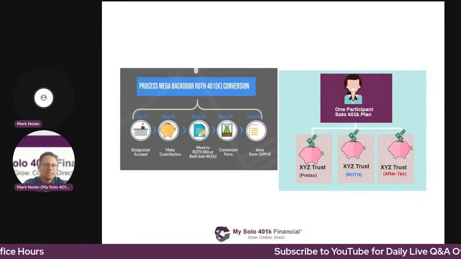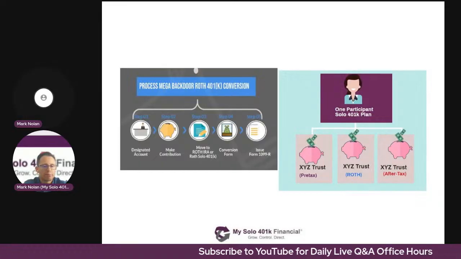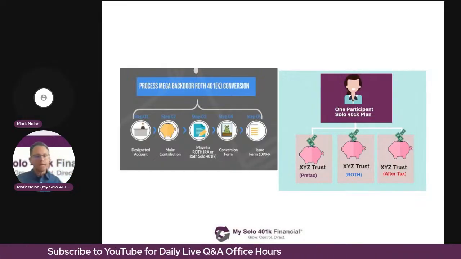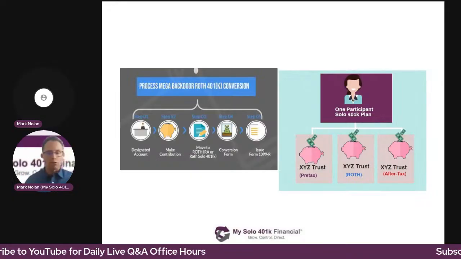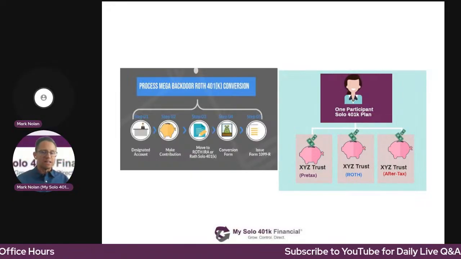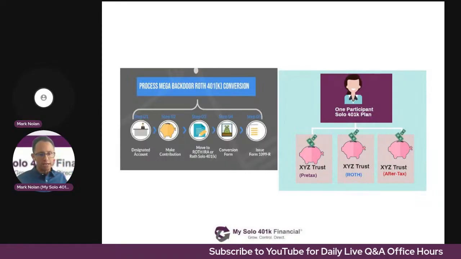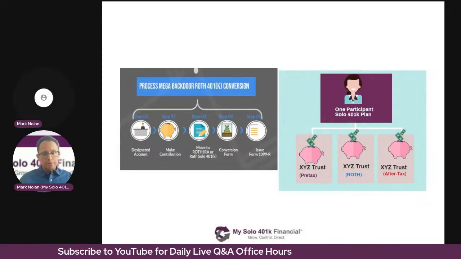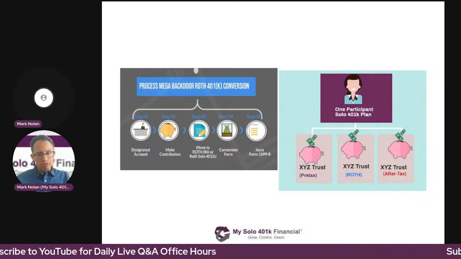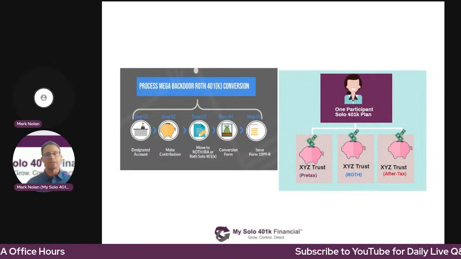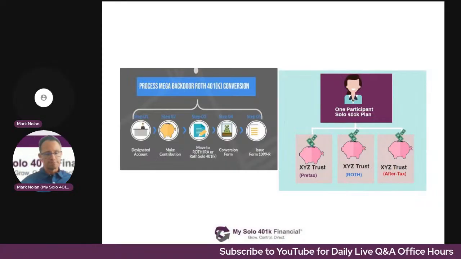Some clients like to take some deductions because when you make pre-tax solo 401k contributions, whether pre-tax employee or pre-tax employer, that's going to reduce the taxable income for the year, whereas voluntary after-tax solo 401k contributions do not. But the trade-off is that those voluntary after-tax solo 401k funds can then be converted to the Roth solo 401k or the Roth IRA and grow tax-free.